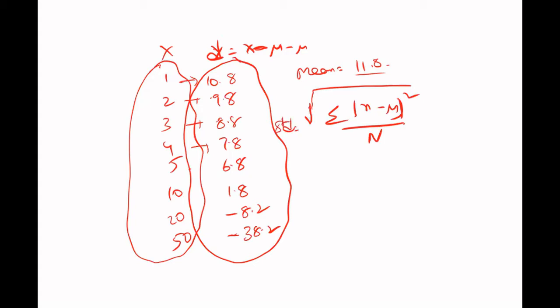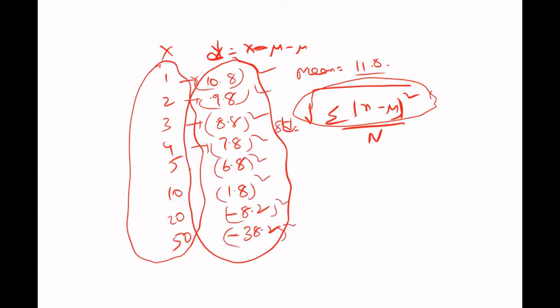So what we will be doing is you take each value, take the square of this, sum all these, then divide by n and take the square root, and you'll be getting the standard deviation. But the same thing, instead of doing it there, you'll be getting it here itself.